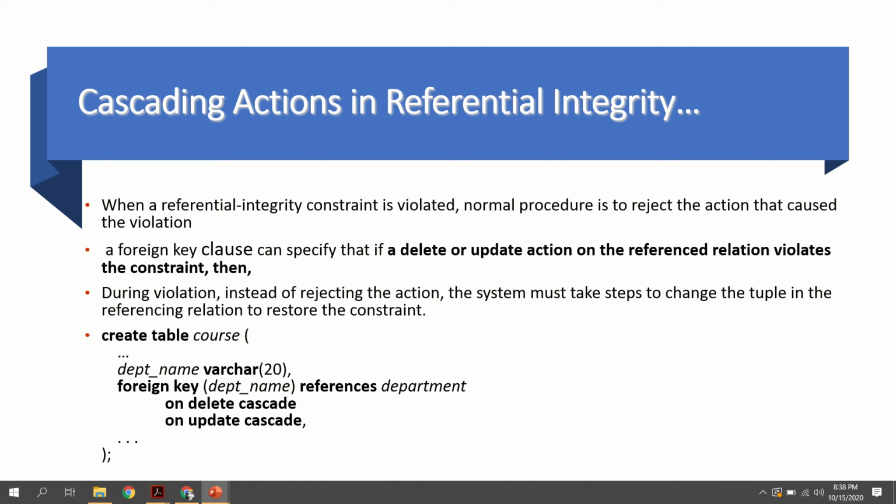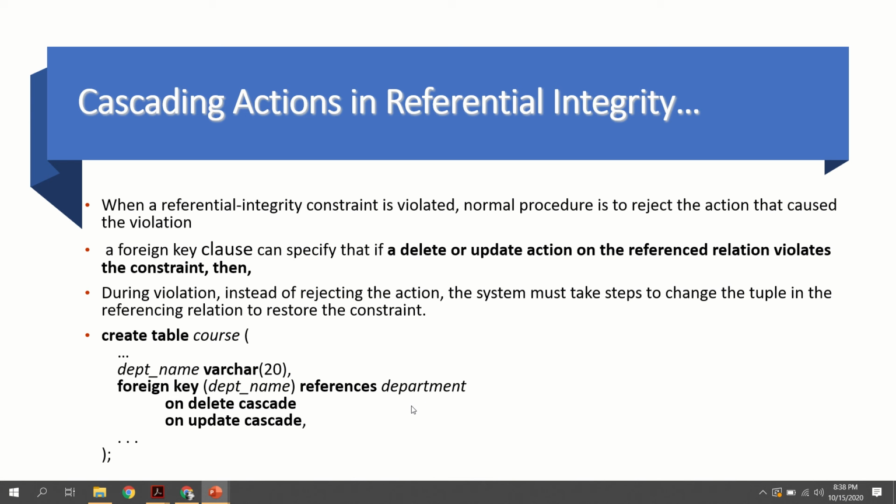Normally the action will be rejected because it affects the referential integrity constraint, which would be violated. But if you are using on delete cascade, and you delete a particular row in the department table, the corresponding department name rows present in the referencing table will also be deleted. That means that particular department will be erased.